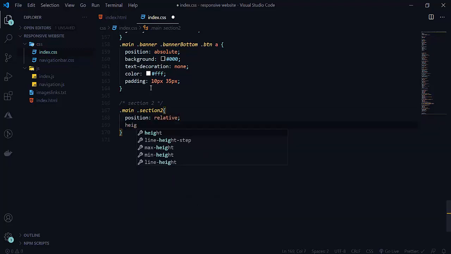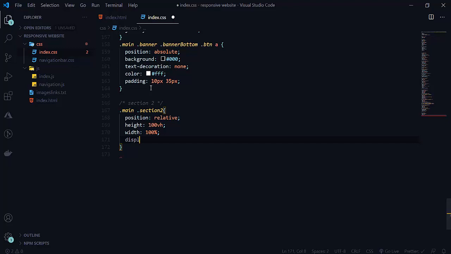Its height will be 100vh, viewport height, that you already know. Width is also 100%, and we want display as grid, that we already did in our previous part. So display grid.